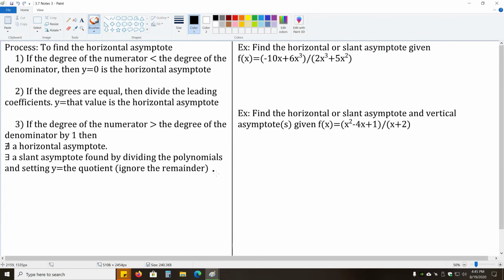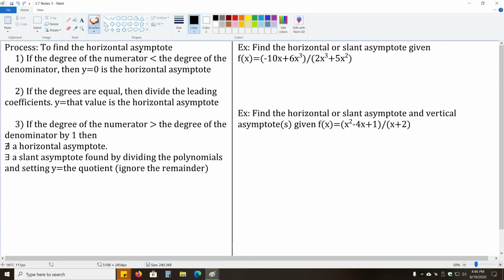With that, we can now talk about finding horizontal and slant asymptotes, which are much more difficult than finding vertical asymptotes. It's not as simple as just taking our factor from the denominator and setting it equal to 0. There is a process here. So to find the horizontal asymptote,